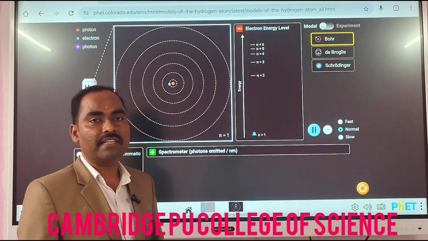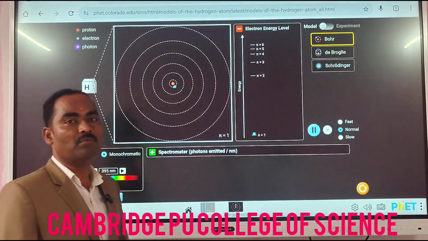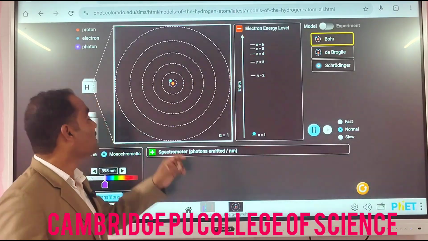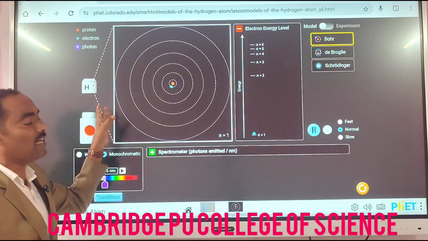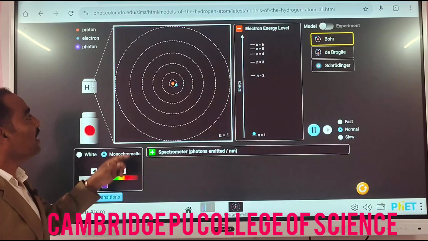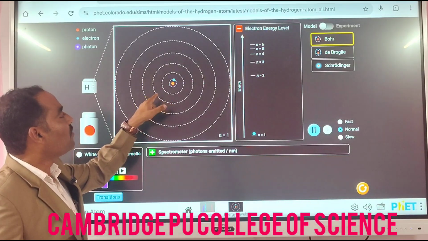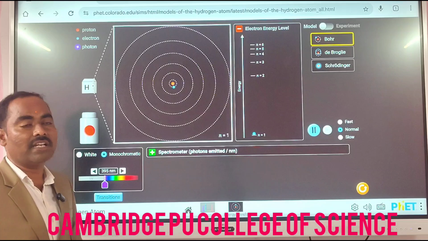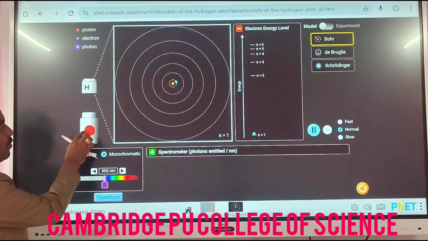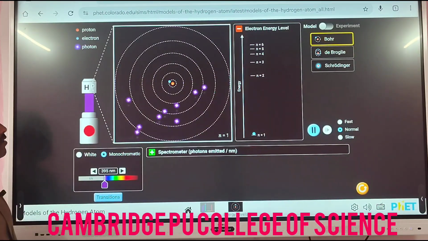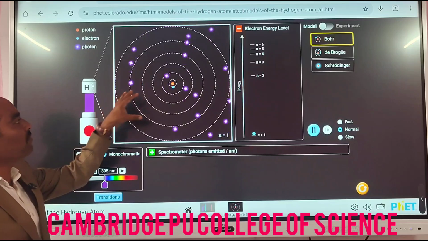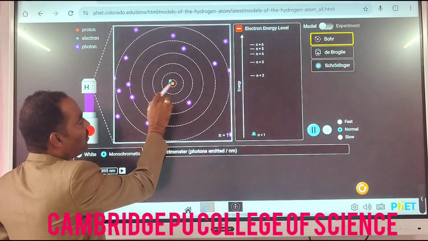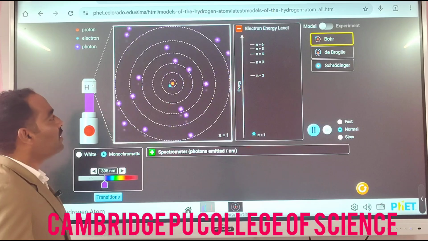Okay, let us start this simulation based on Bohr's atomic model, using Planck's quantum theory. This structure is a modification of earlier models. Here at the center is a nucleus, and electrons are revolving around the nucleus. Suppose we shine hydrogen light on this structure; the electrons will move around the nucleus